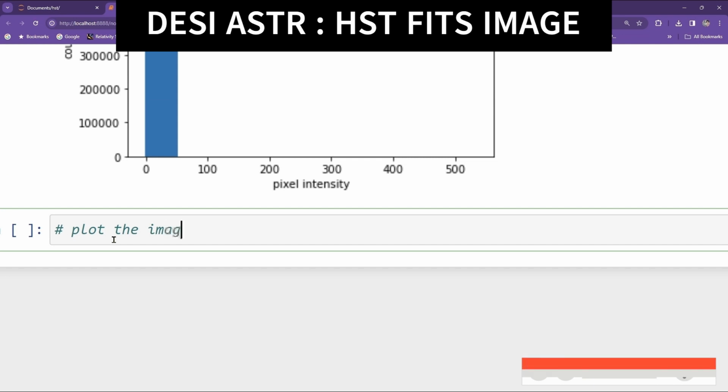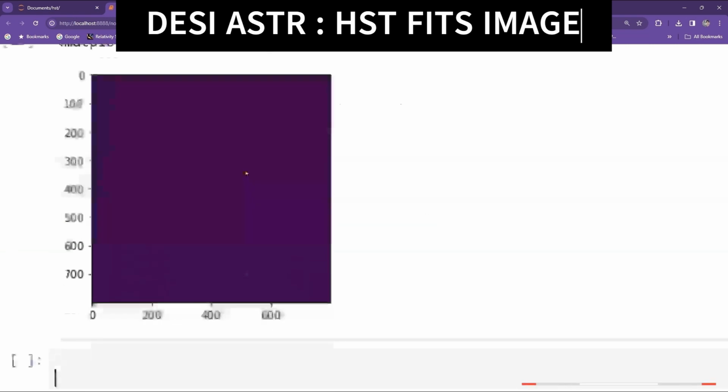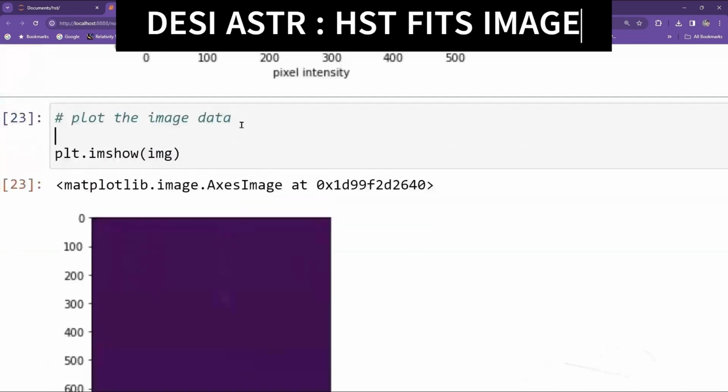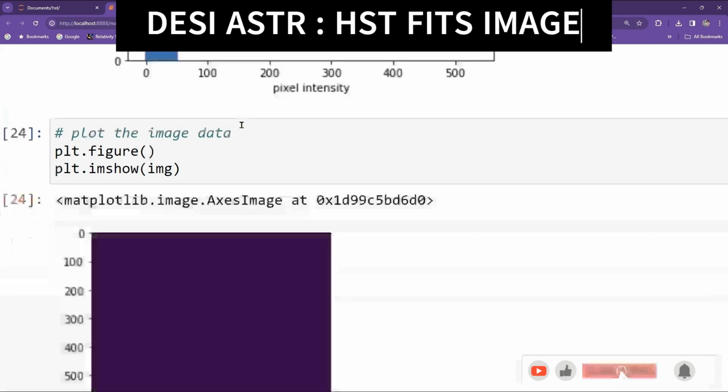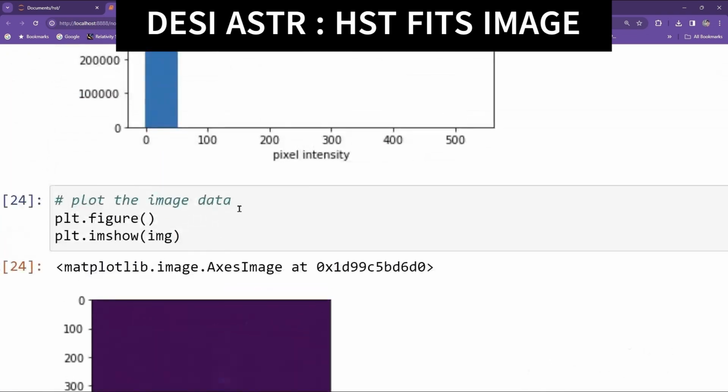Now plot the image data. So for that type here plt.imshow and give here image and plot it. Now you can see that nothing is visible on this scale. So we'll use a log scale to show this image. Okay, so for that import a library